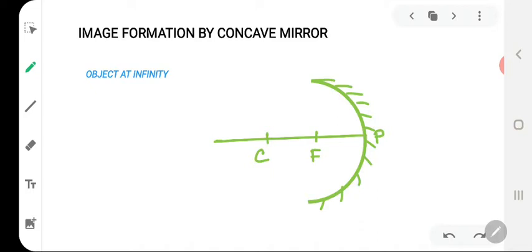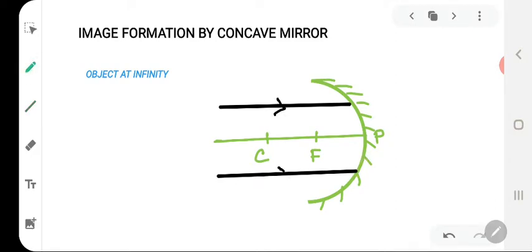The position and nature of images formed by a concave mirror depends upon the position of the object placed in front of the concave mirror. This means we shall be considering different positions for the object and find what is the nature of image formed. So beginning with the first one, when the object is at infinity, this means the object is located at an extremely large distance from the mirror. For any object which is situated at a large distance from the mirror, the ray of light that is coming from that object is traveling parallel to the principal axis.